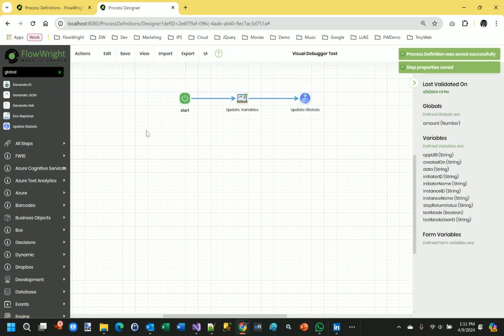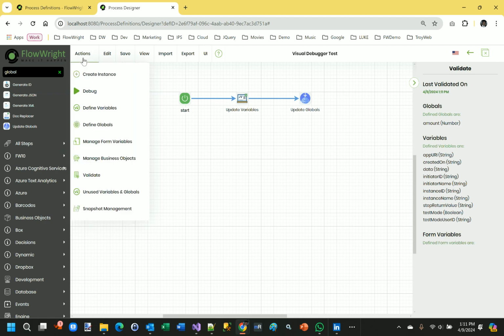So in the old versions of our software, you would have to actually run this, create a process instance and have the engine execute it to see what it does. Now what you can do is actually you can go ahead and graphically, visually debug this process. So if you right click from the designer, you can do that. You can go to and say debug,